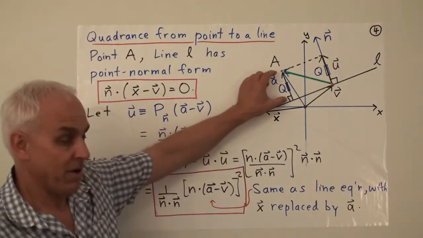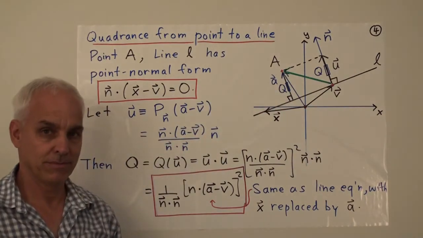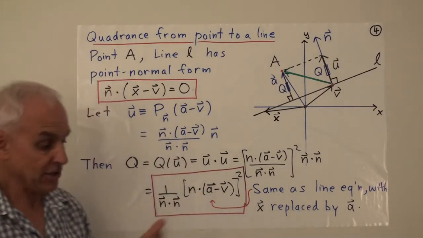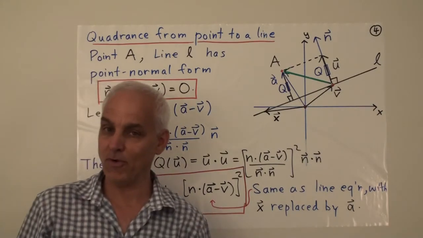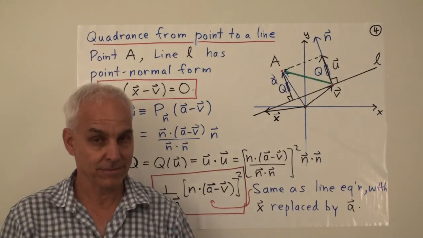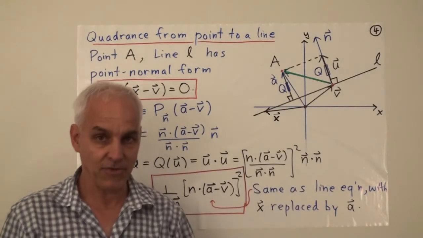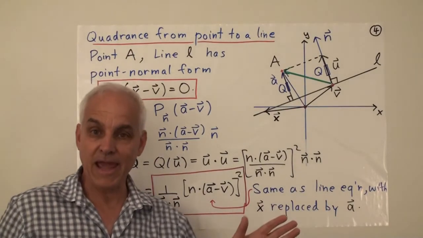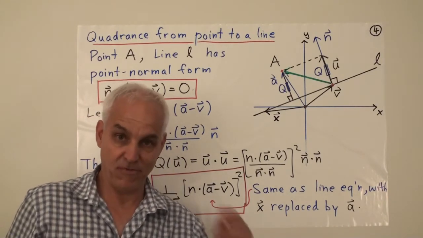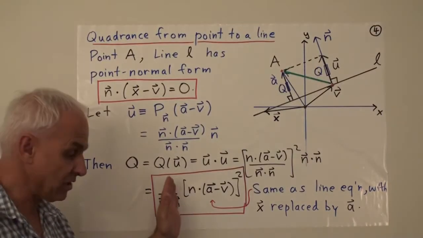So we don't want to think about distance, because distance involves a square root. The distance is just the square root of the quadrance, as long as you're able to calculate a square root, which in fact generally requires an infinite amount of processing. The square root operation is something that goes on infinitely, as I've mentioned many times. And we don't want to force our computers to perform an infinite number of tasks before we get an answer. That's why we're going to stick with the quadrance, which is completely algebraic.